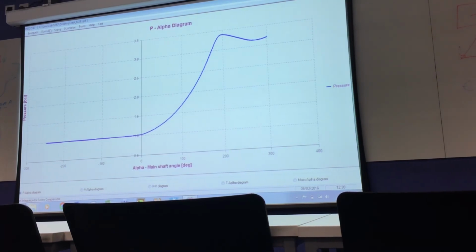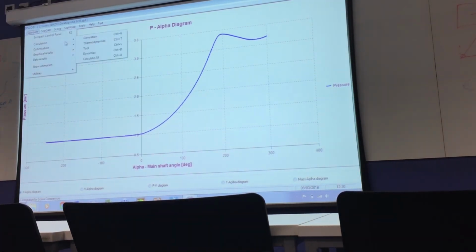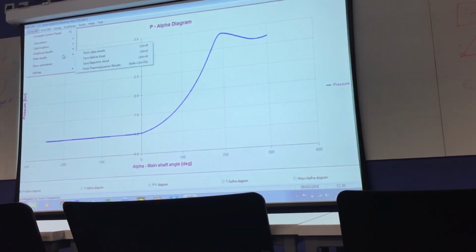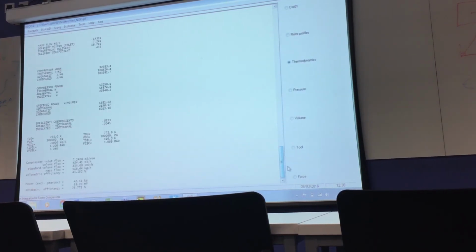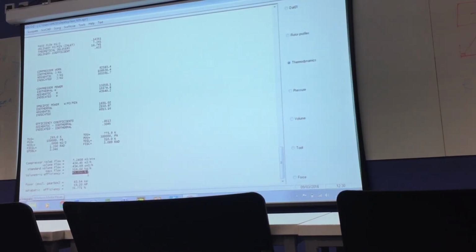Okay. Now in this situation, what will be the efficiency? Because discharge pressure is higher, efficiency dropped by 14% for the same conditions of gap size and operating speed. Okay.